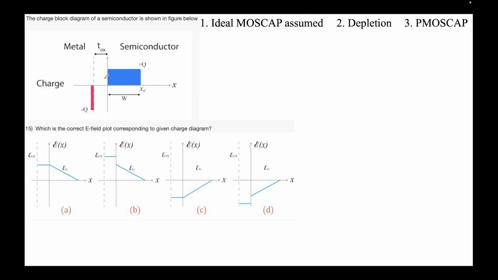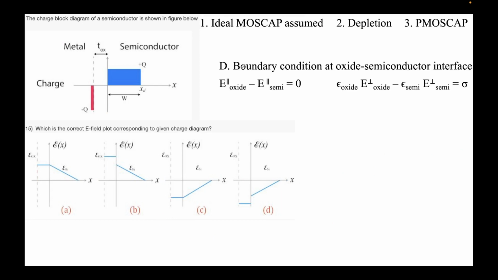Now we encounter this interface. So again we do the same analysis. Just forget about this, we're not interested in the y direction. Just ignore this for now. As I told you, this is the parallel direction, this is the perpendicular direction, the y and the x. So here we do this again. This term we know, epsilon oxide and E ox, which is a constant. Remember we had drawn that it's none of these options, it was constant, some value here,